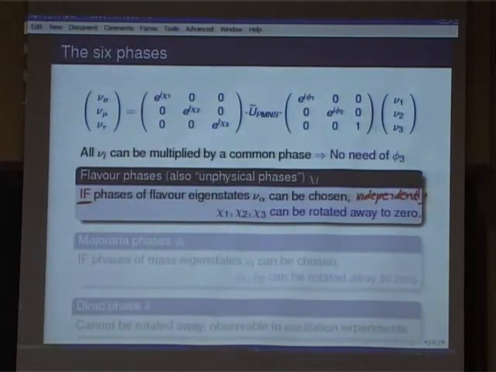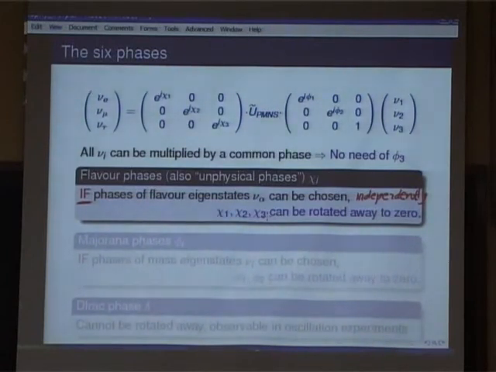Earlier, when we argued about this phase, we had to change the phase of u1, u2 and u3 simultaneously. That's the independent matrix. We are not talking about that. We are now talking about changing nu e whichever way we want, nu mu whichever way we want, and nu tau whichever way we want. If you are able to do that, then you can rotate away chi1, chi2 and chi3 and they can become 0. So you don't have to worry about it. Now, whether we are able to do this or not